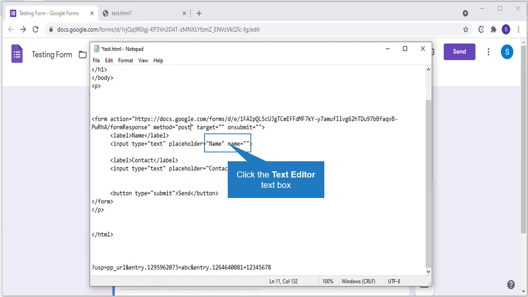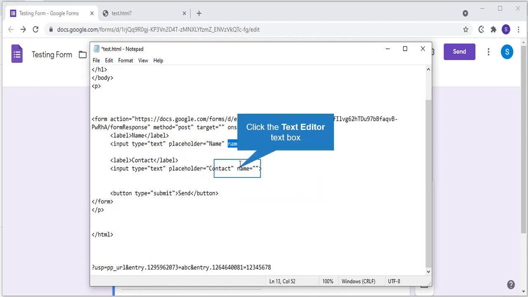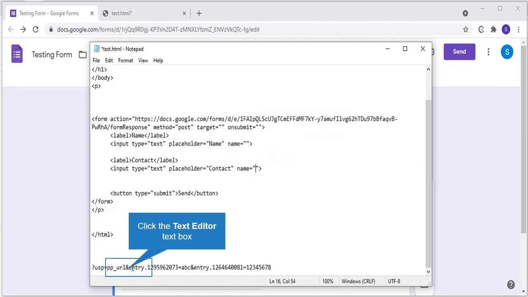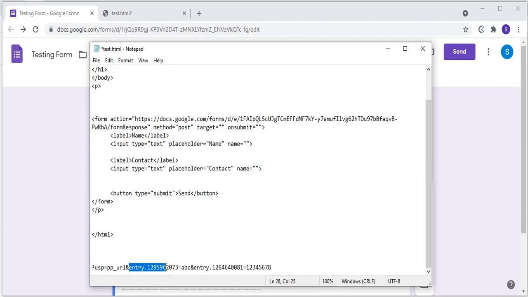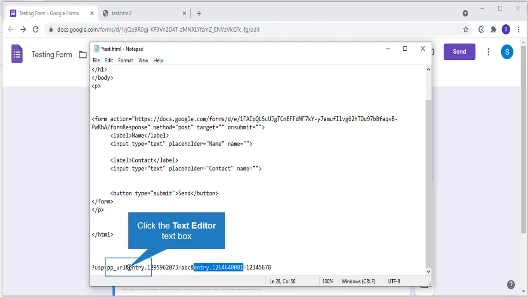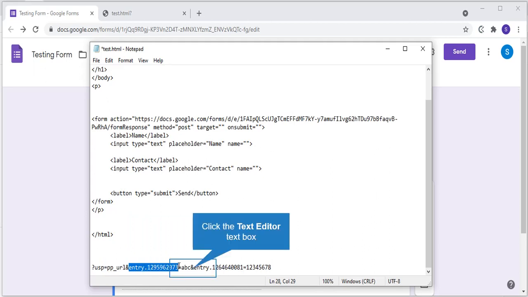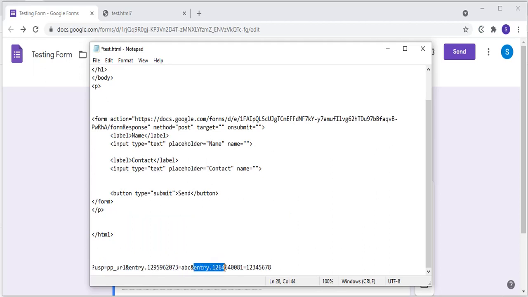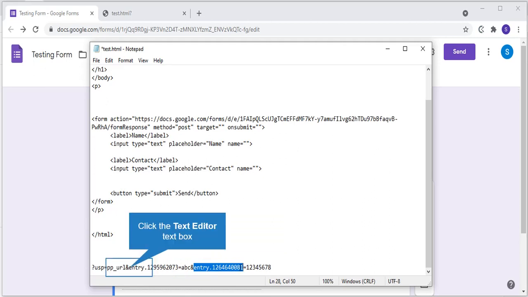and you need to define the name of each field. You can get the name from here. You can see "entry." and a numeric number. So this is the name of each field. We have two fields and we have two numbers here in this pre-filled link.